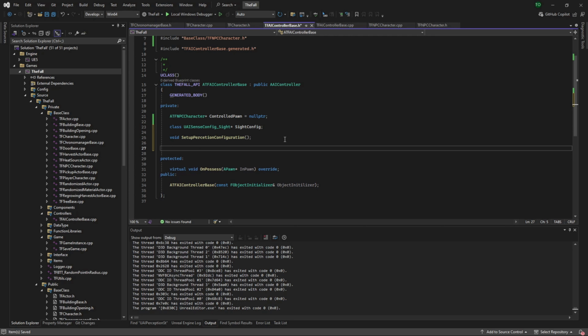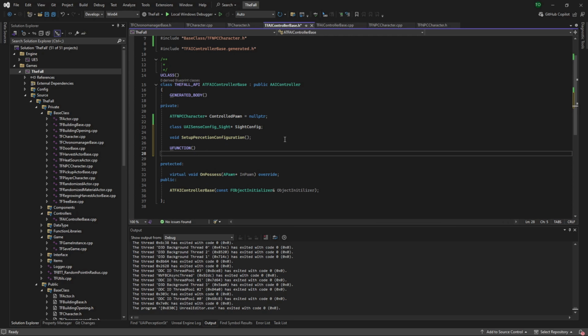This one, because it's something that's accessed within backend logic of the engine, you want to make sure it's a UFUNCTION. It doesn't need any attributes, but it is a void OnTargetDetected. And it takes an AActor pointer, and that is the actor, and then